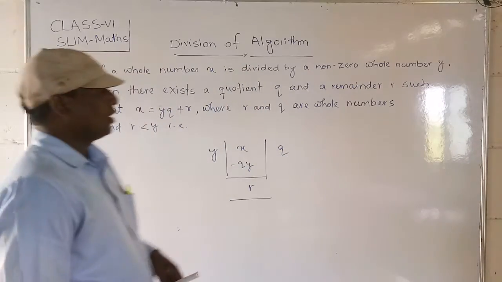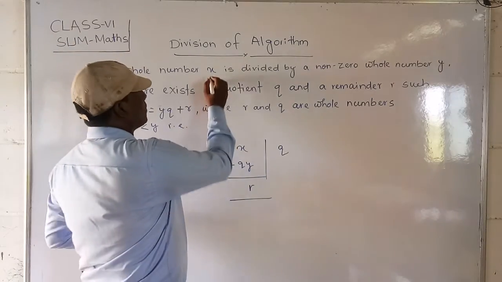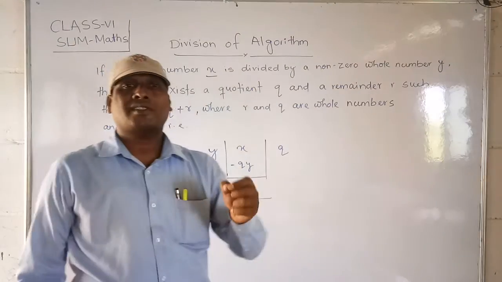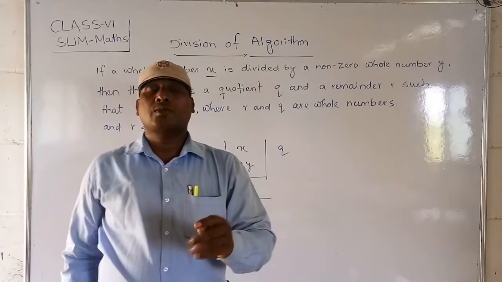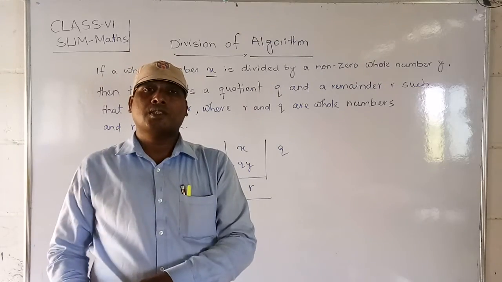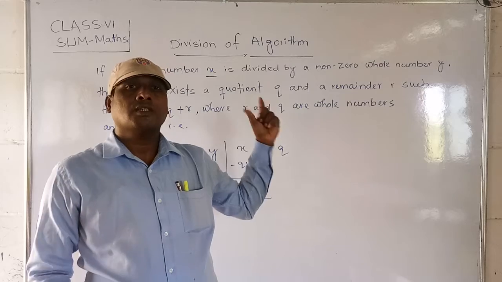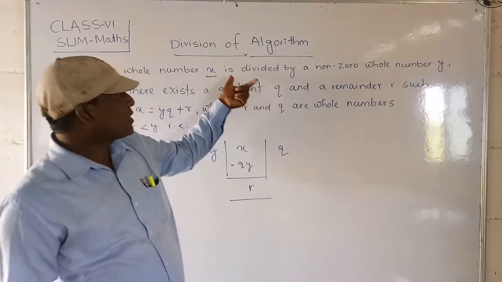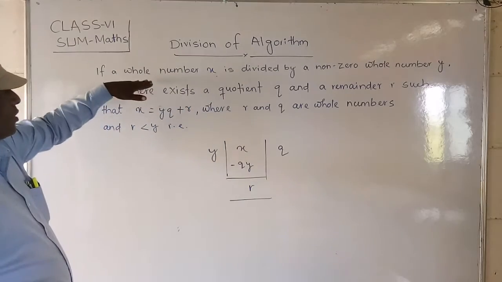Students, observe here. Suppose one number you are taking is x. What is the statement of the algorithm? The division algorithm is one statement: how we do divisions, and what are the parts we are discussing. That is called the division algorithm. Express it with an algebraic expression; you should observe.